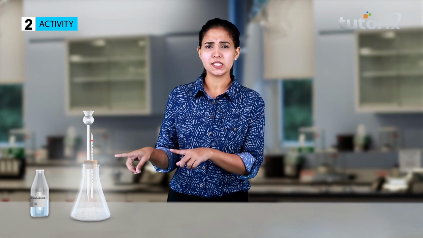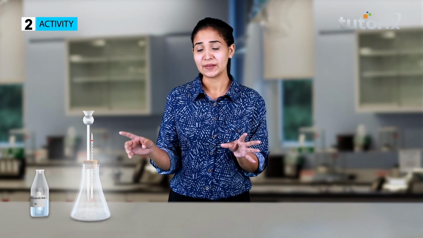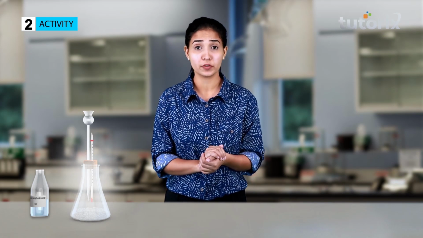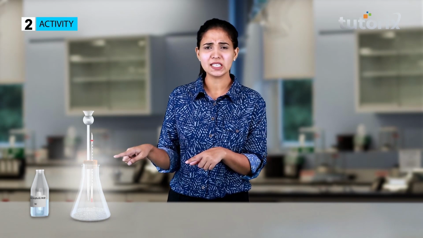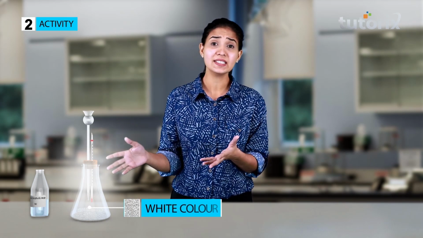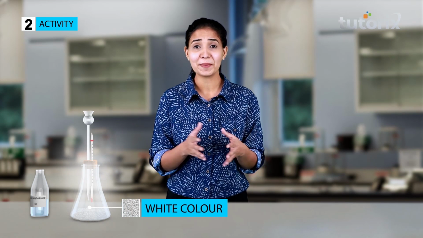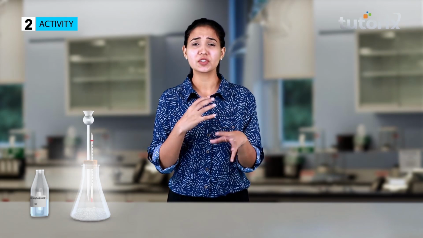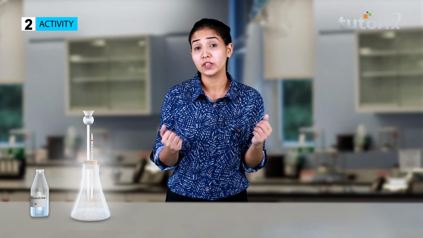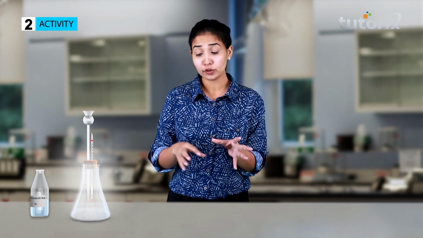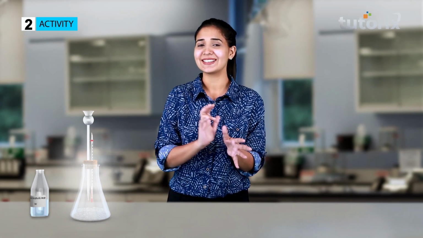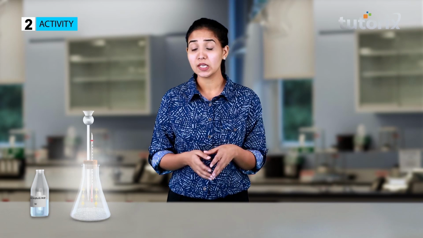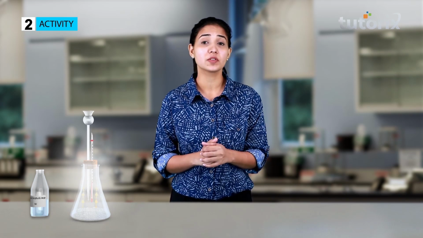So, the crystals, which were bluish gray in color, after adding the dilute sulfuric acid, but now the color is something different. It is white in color. What has just happened? Well, guys, after adding the acid, there is some sort of reaction that might have taken place, and that led to the formation of some white colored compound. And along with this, some evolution of gas is also happening.